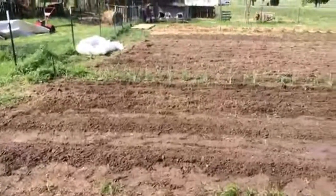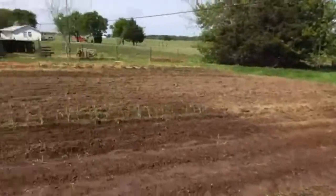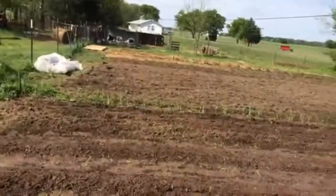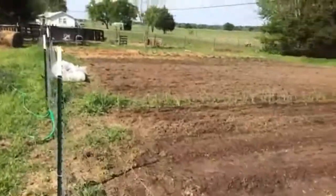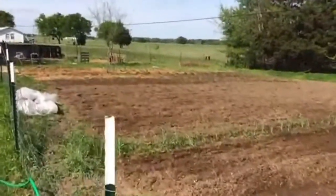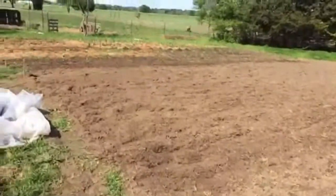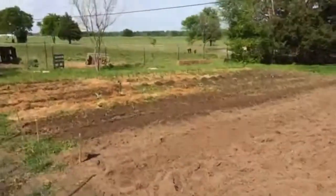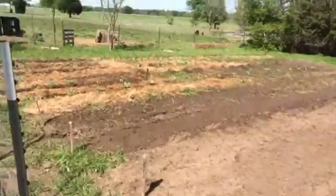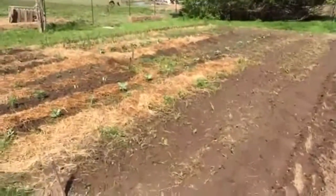So all the corn and the garlic, green beans, cucumbers, tomato plants, okra, crooked neck squash, leaf lettuce, carrots. Going over here is our white potatoes, 2nd row of white potatoes,